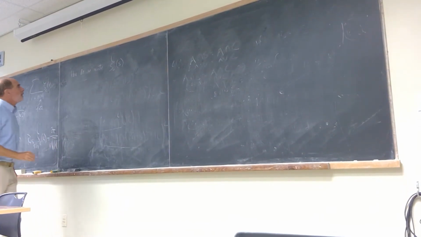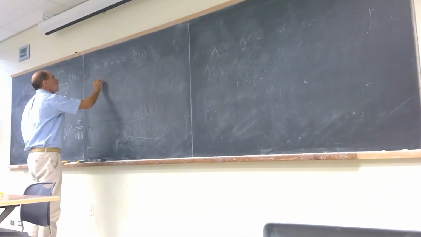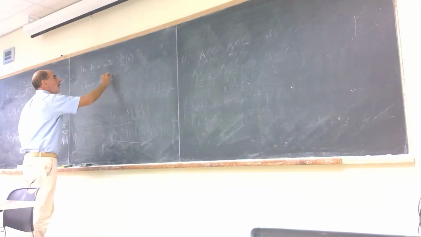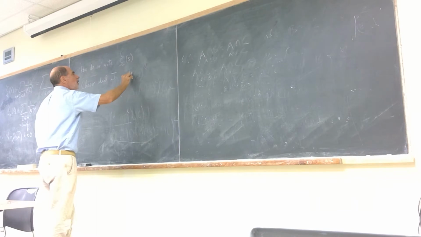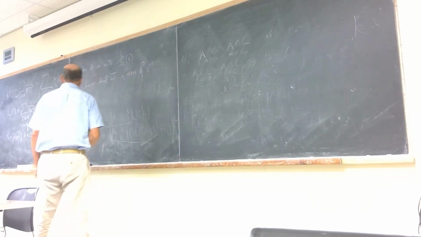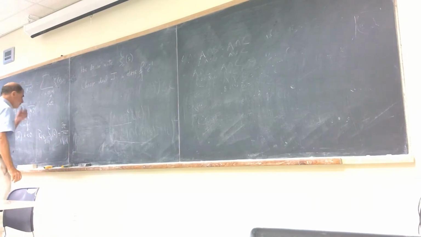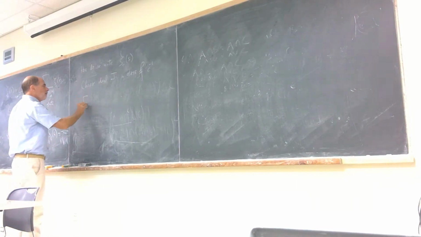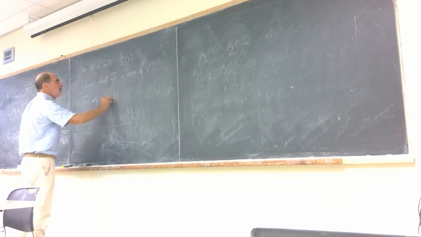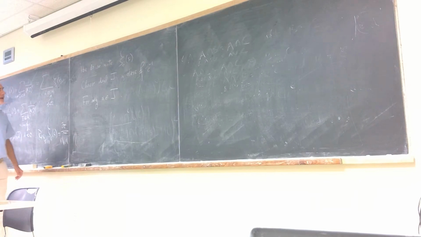What we do is choose an ideal, which could be fractional, J, in the class of C inverse. And then for any alpha in the ideal J,